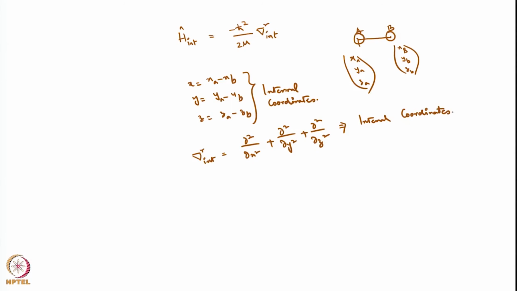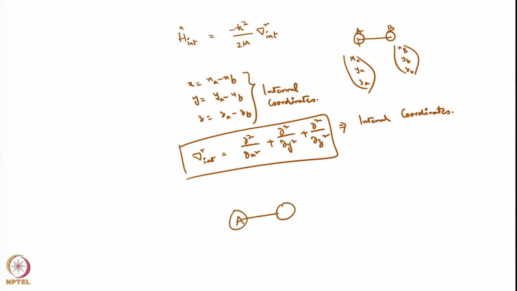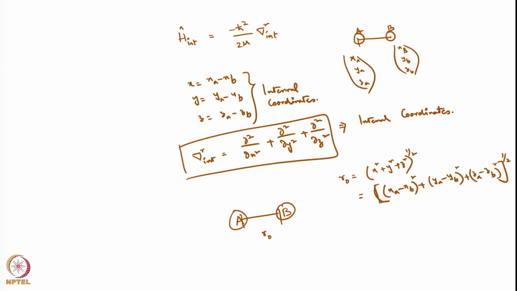Okay. There is of course one problem. I told you that AB is a rigid body. And of course you must remember R naught will be equal to x square plus y square plus z square to the power of half, which will be nothing but xa minus xb whole square plus ya minus yb whole square plus za minus zb whole square to the power of half. Now of course the entire molecule AB can move in the xyz direction, but we are not concerned with such a motion because it does not lead to any spectroscopic transitions. Now the thing that we are interested in is the rotational motion,